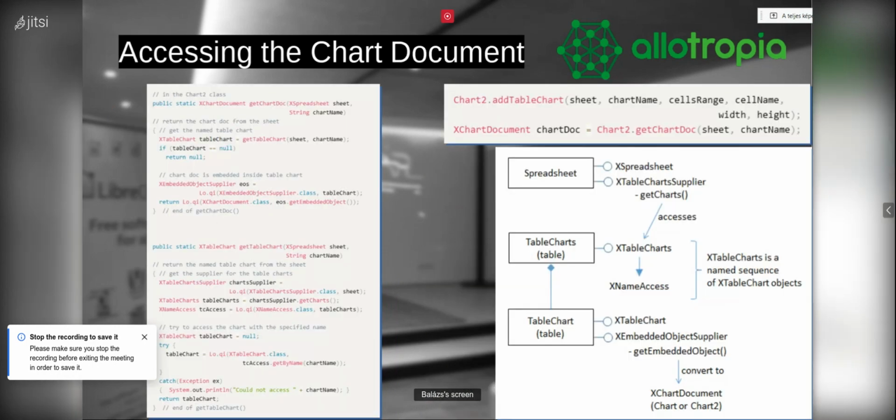Let's move on to how we access a chart document. We also have on the left side some example using the chart API. Although the addTableChart function adds a table chart to the spreadsheet, it doesn't return a reference to the new chart document. That's obtained by calling the getChartDoc function,